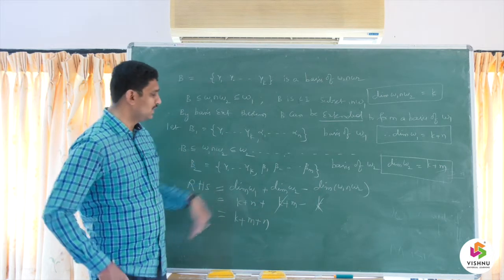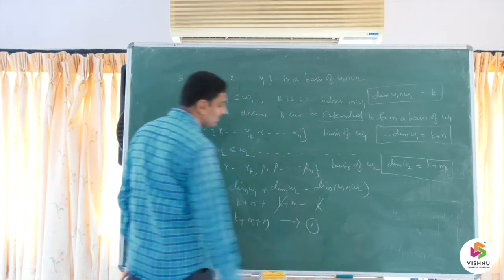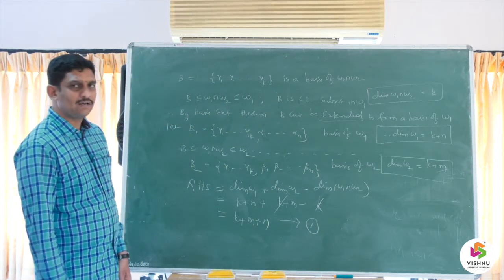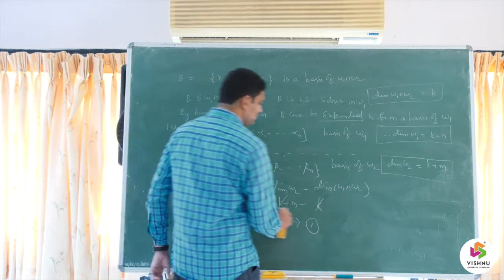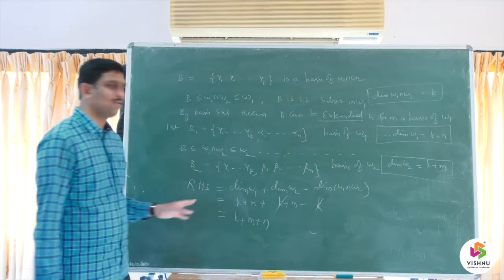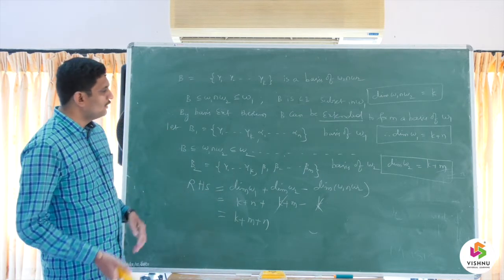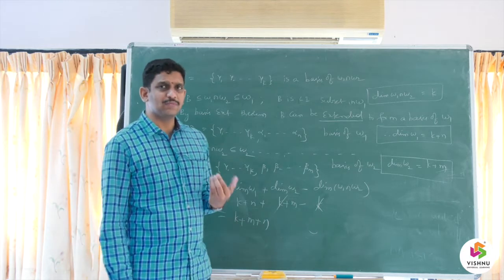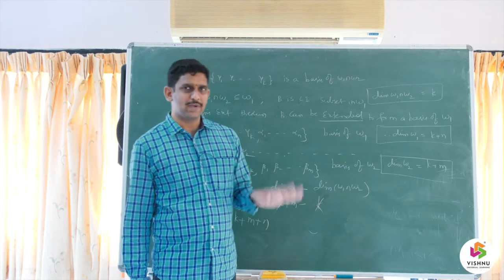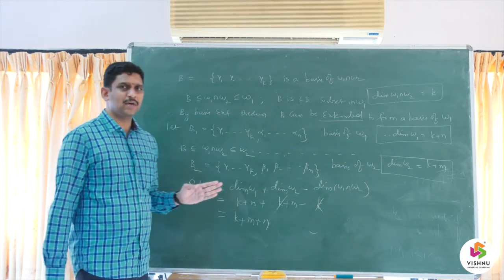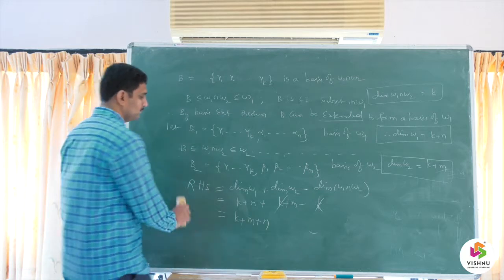Okay. So you take this as a number, say this is equation 1, for your idea. It is not necessary, however, so let us give no number for this. So you just remember that RHS value is k plus m plus n. I want to prove that LHS is equal to RHS. Now I should have a set with exactly k plus m plus n elements and which will become a basis for W1 plus W2. That is my objective.